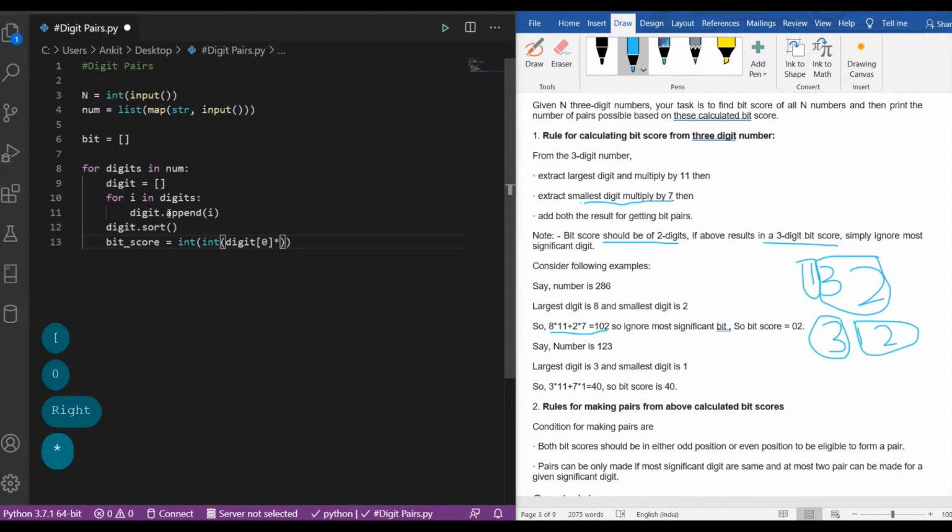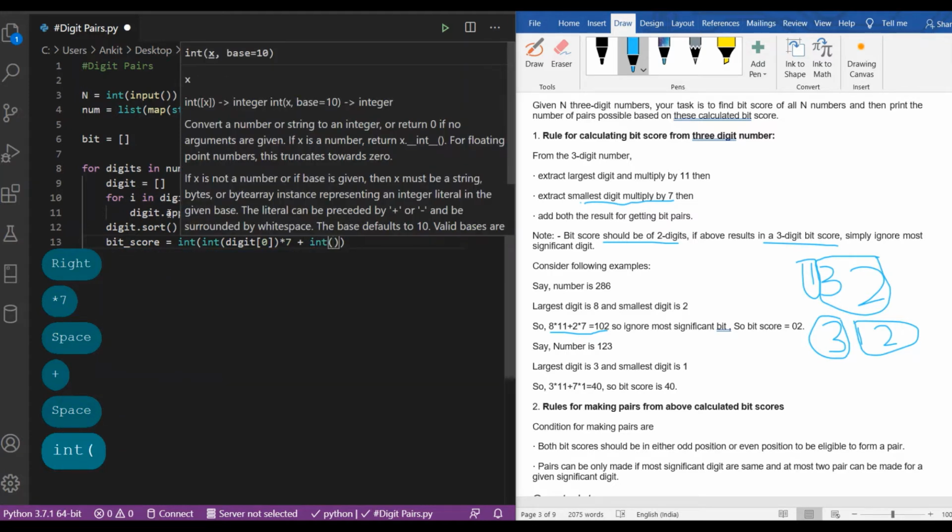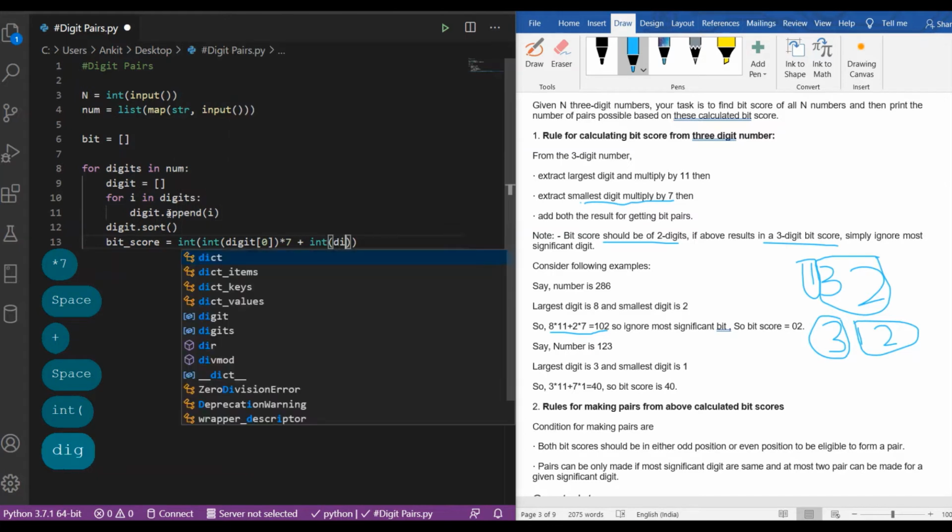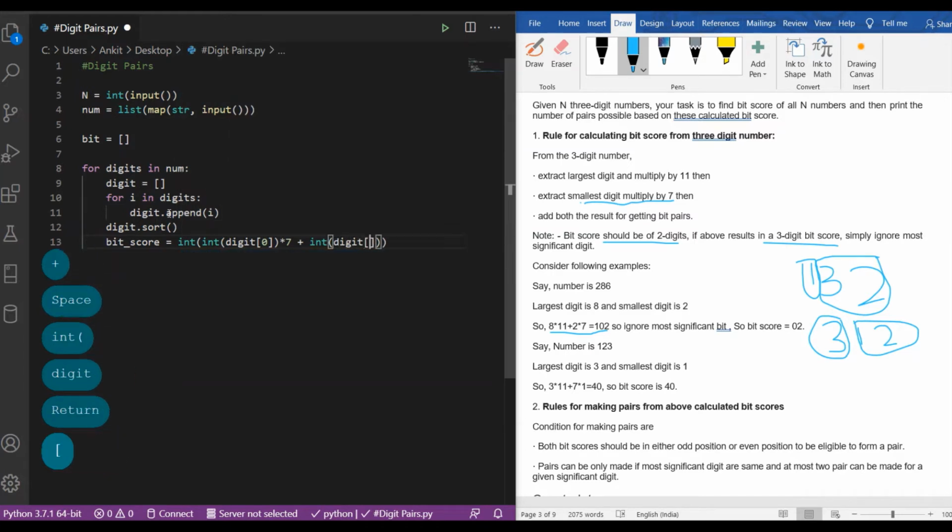We have to multiply it by 7 and we have to add the product of the largest digit by 11. So the largest digit will be at the index minus 1, at the last of the digit list.